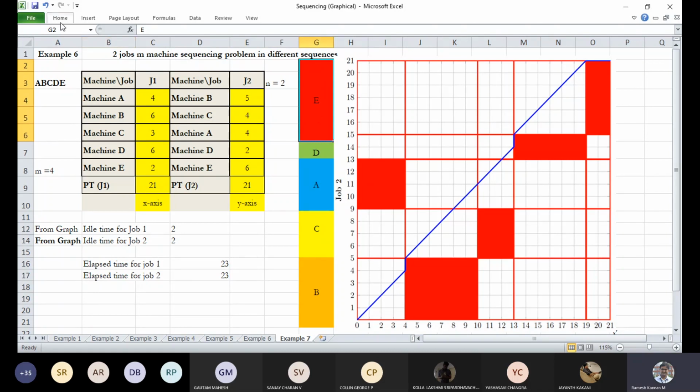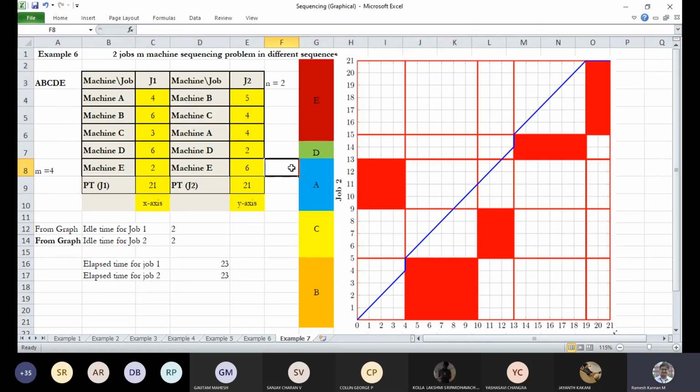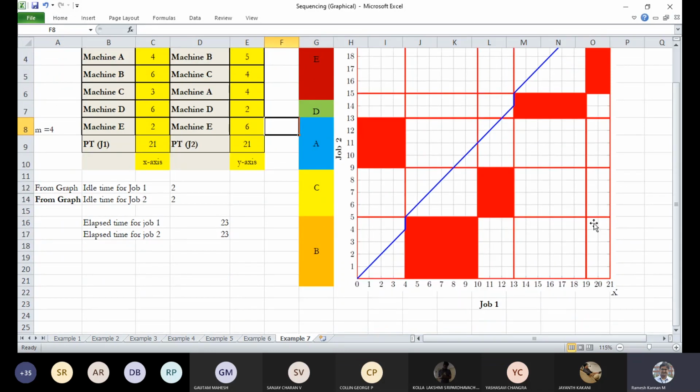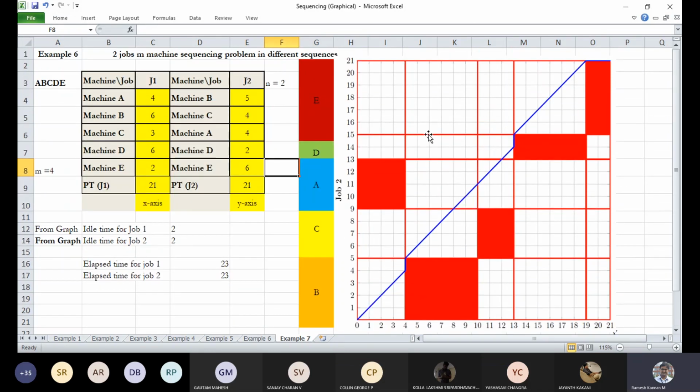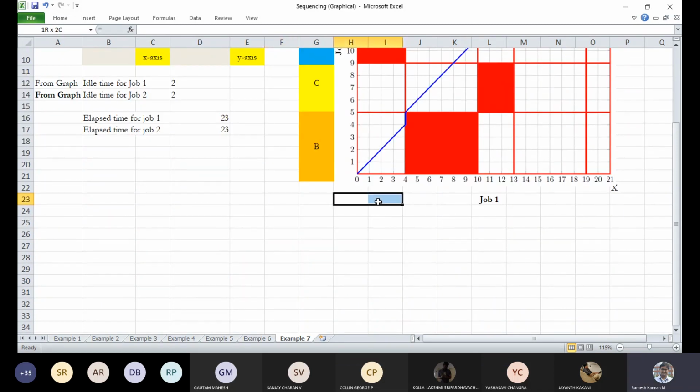All right. We have given it for the blocks. So probably brown, reddish brown. Right. So this is how it is done. And you mark horizontal lines and you mark vertical lines. That's pretty much simple. And this is job A, job B, job C, job D, and job E.